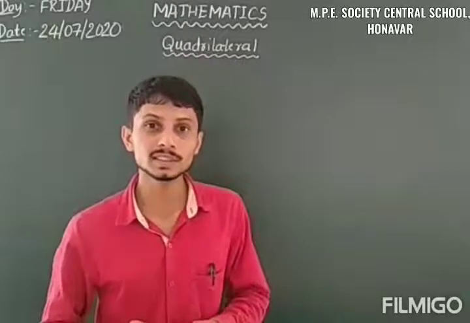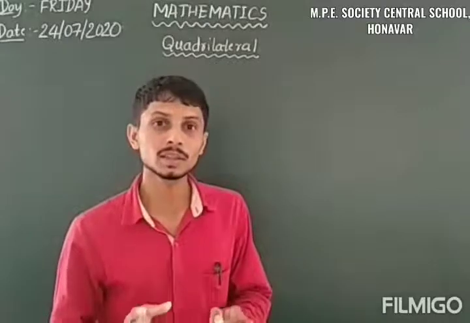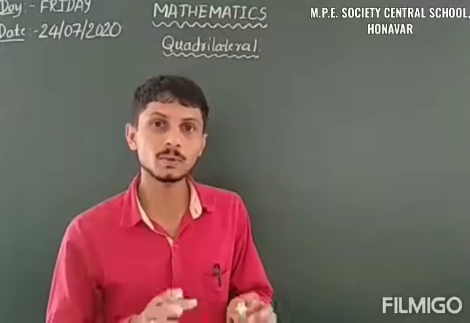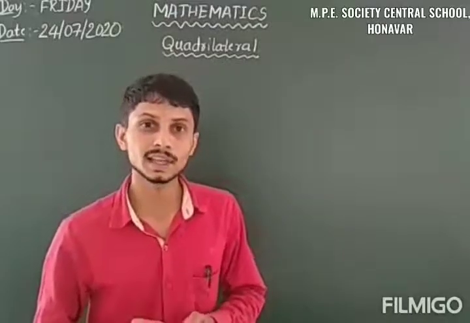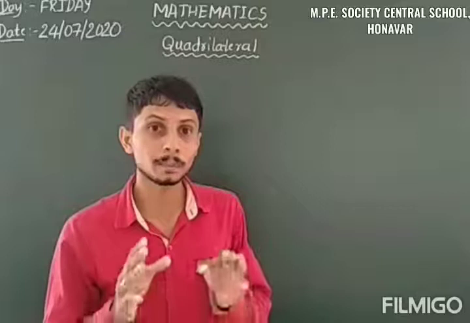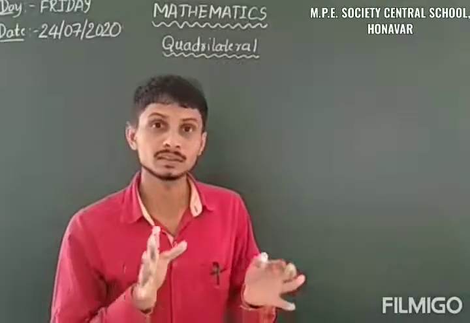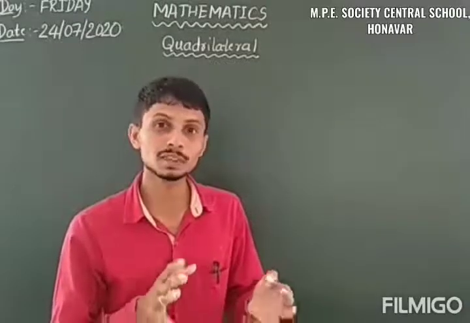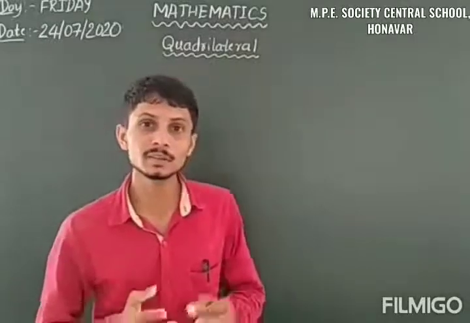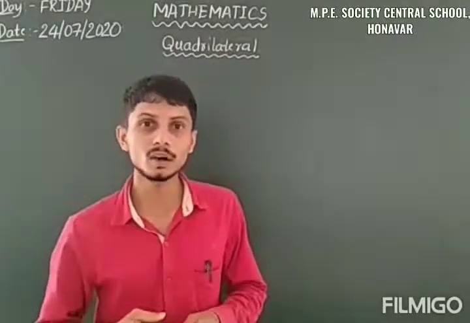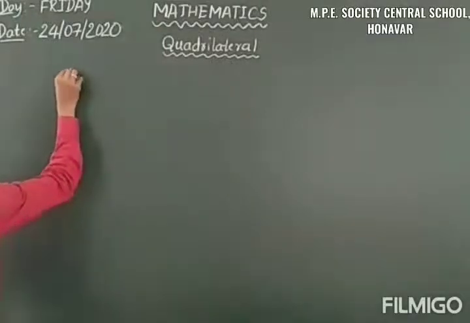In this class we have to discuss the property of diagonals. That is property number 4. This property is meant for diagonals of a parallelogram. The property tells us that the diagonals of a parallelogram bisect each other at the point of intersection. We have to prove that with the help of some known quantities. Dear students, in this class we discuss the property on diagonals of a parallelogram, property number 4.